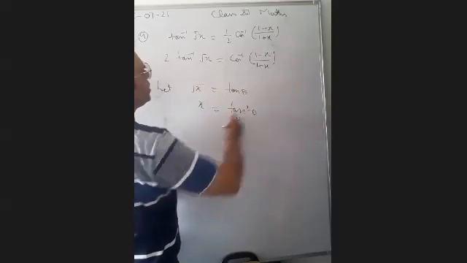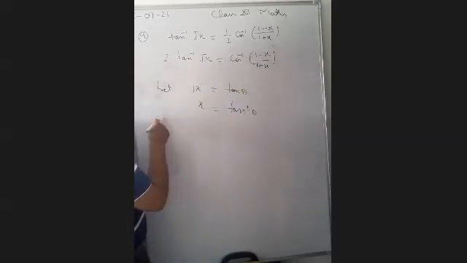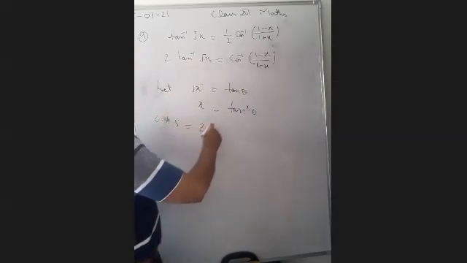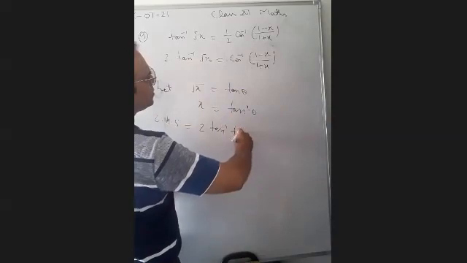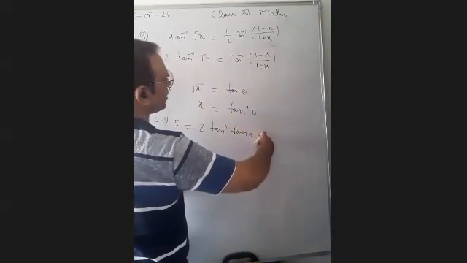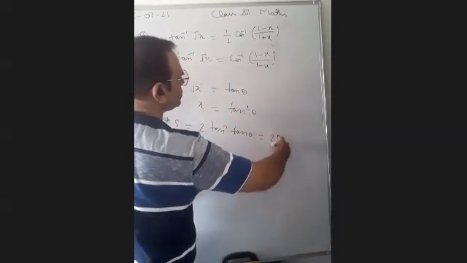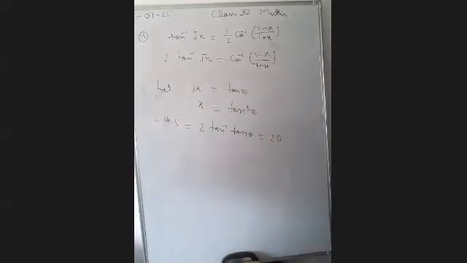ठीक है, why we are doing this here, the left hand side will become 2 tan inverse tan theta, यानी कि it will become 2 theta, है ना, tan inverse tan theta is equal to theta, so it is 2 theta.